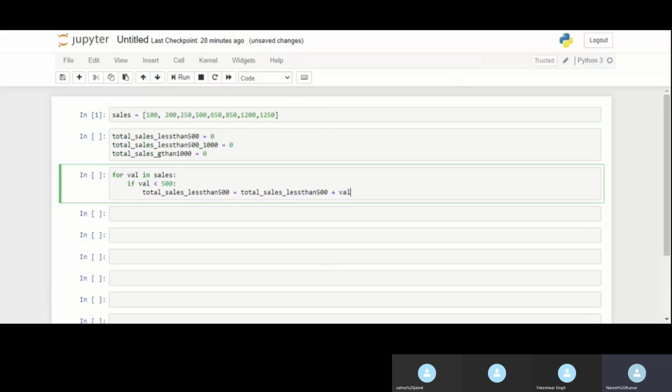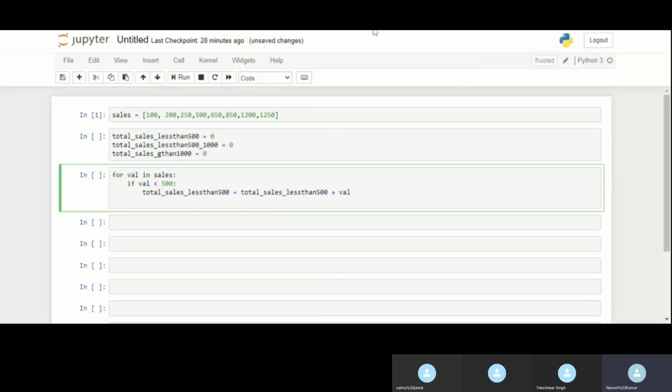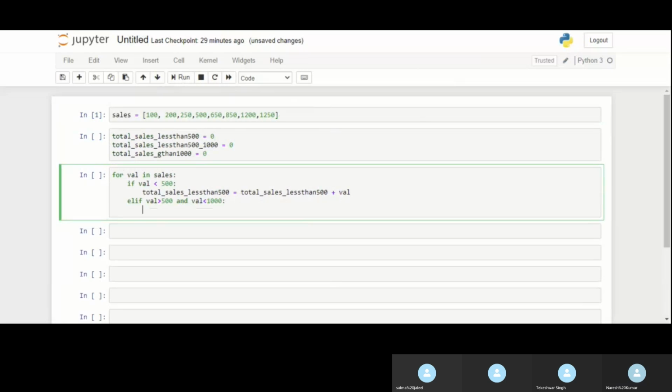Now I have to go to the second condition. My second condition is between 500 to 1000, right? So I have to use elif. Elif my variable, that is val, is greater than 500 and val is less than 1000, right?